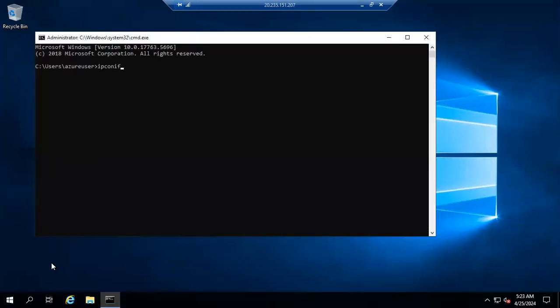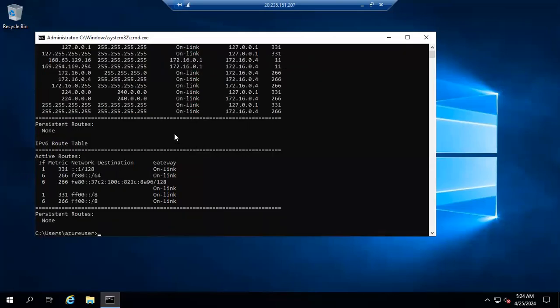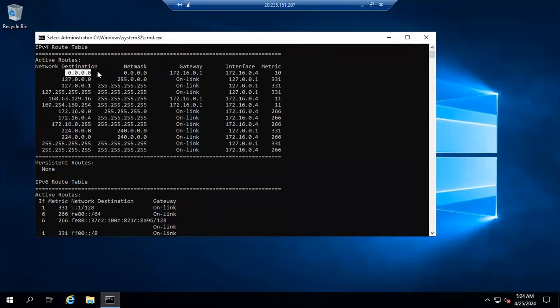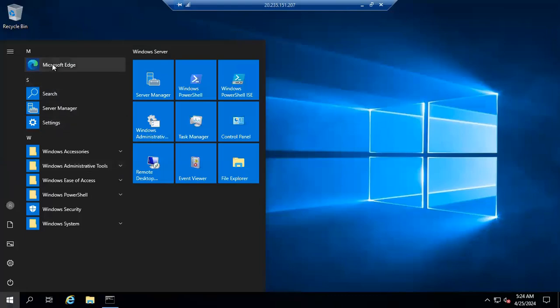So I run ipconfig. We see 172.16.0.1 is the default gateway. Then route print. We see the default route to any network is going to this 0.1. And as this has a public IP,